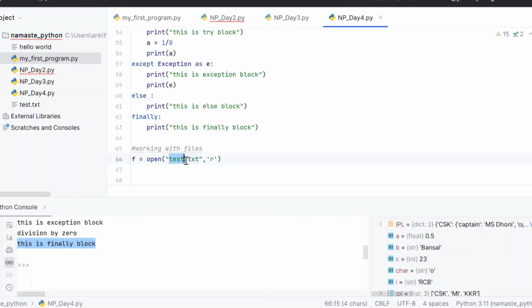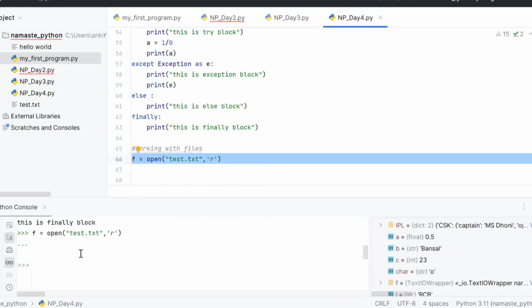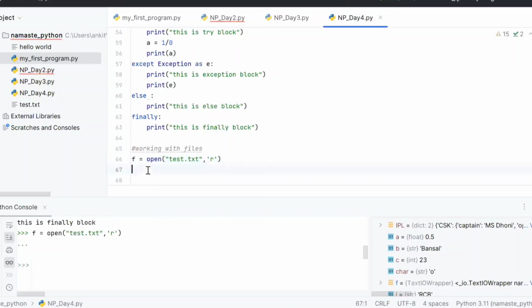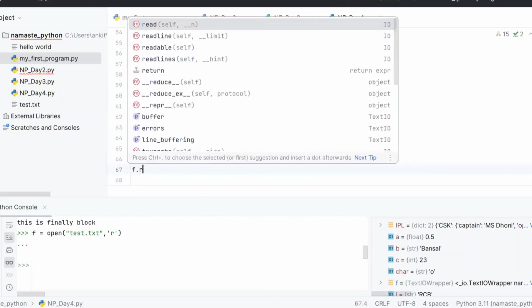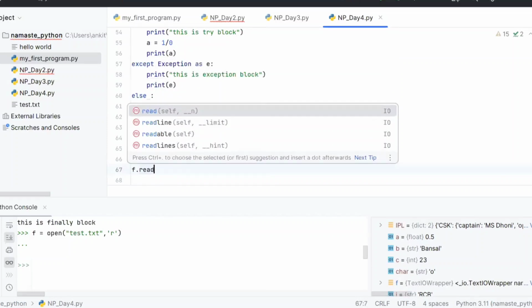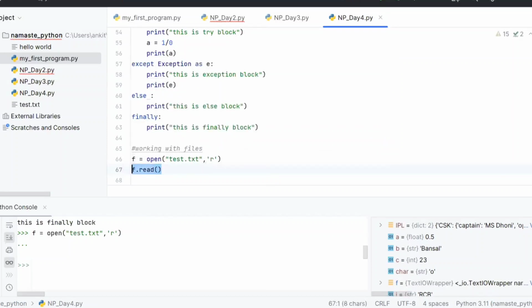So the first parameter is the file name, and then I'm saying I want to open this file in read mode. When you open in read mode, you can just read it. You cannot write anything. Okay, so let's run this program now. If you see, f is done. Now if I want to read it, I will say f dot read. If I just run this, it will print my data, right?